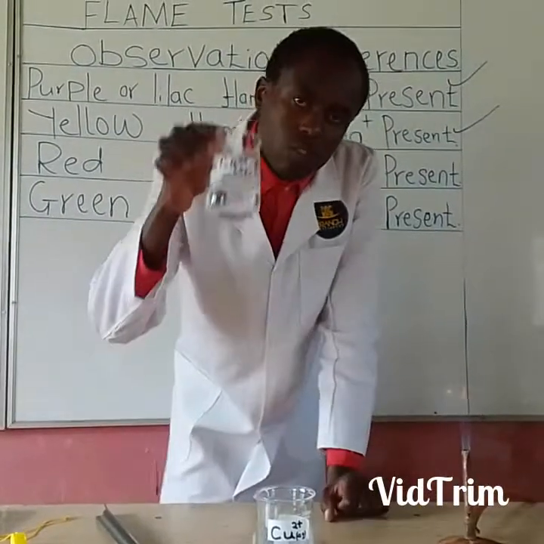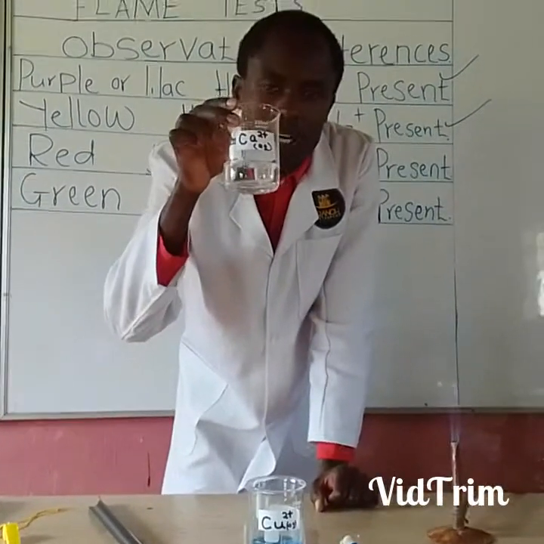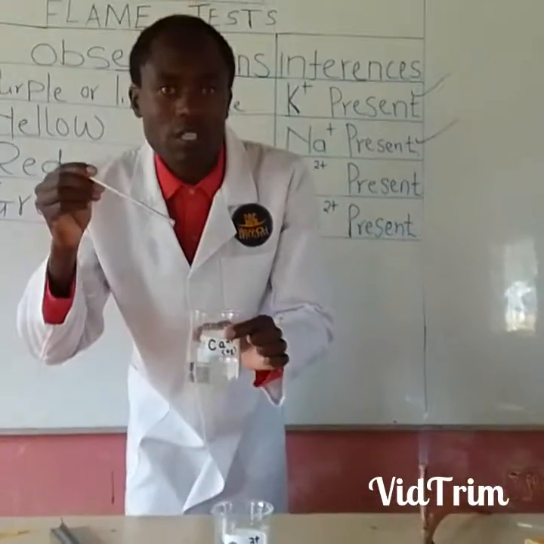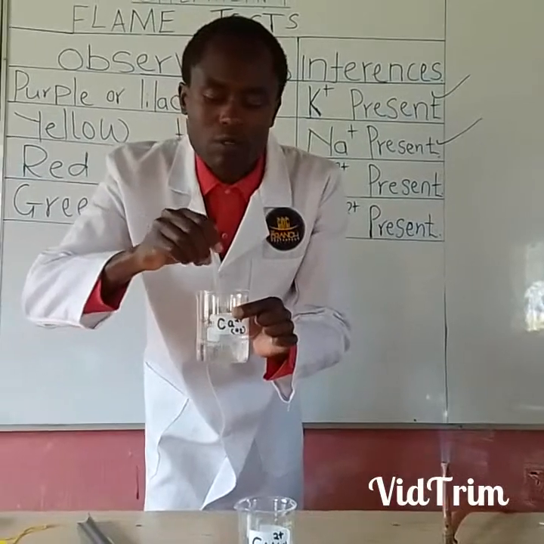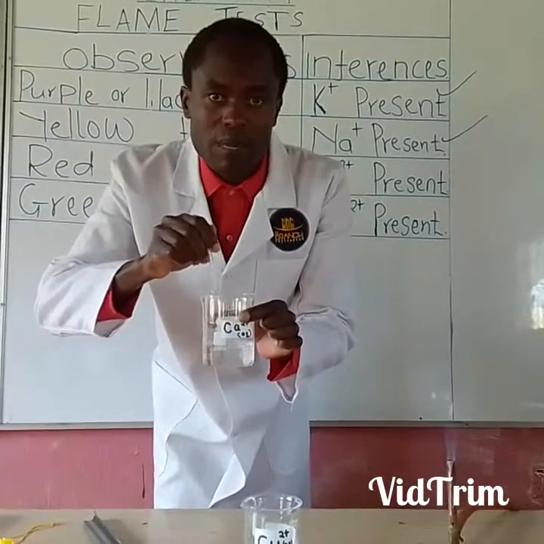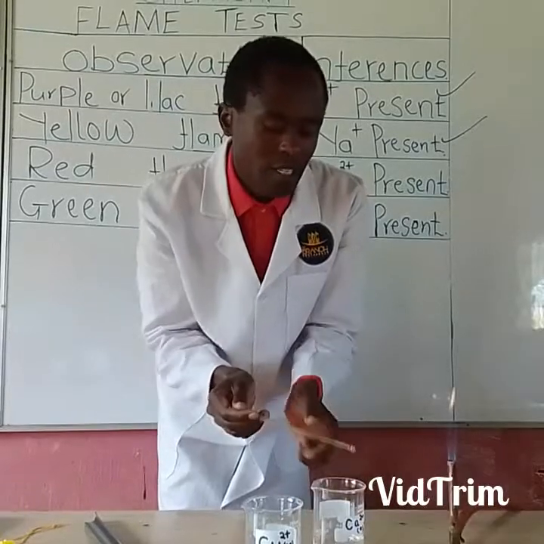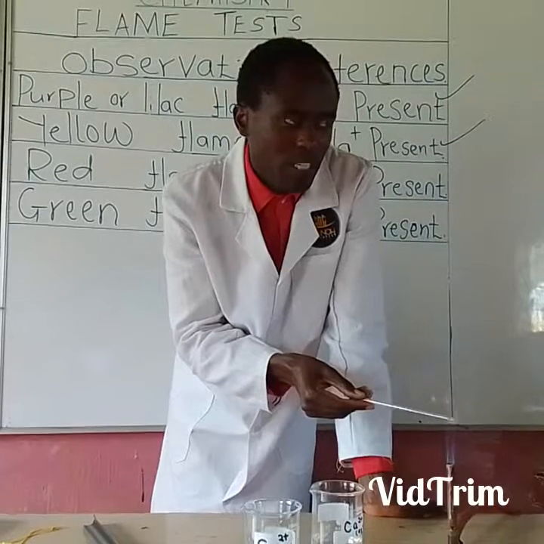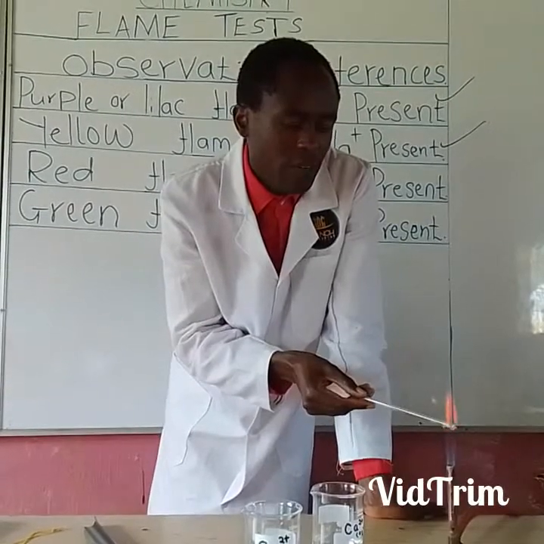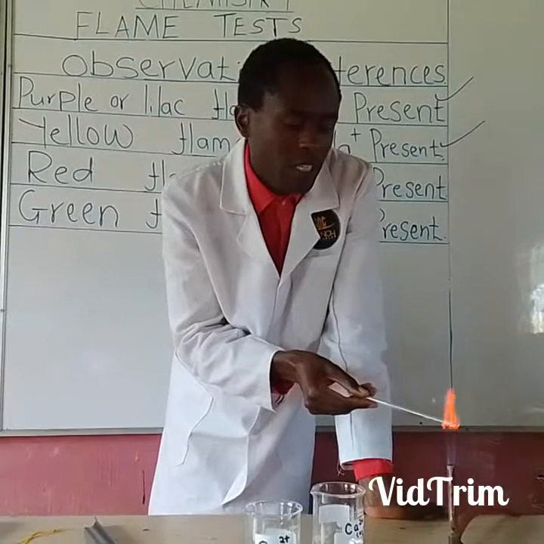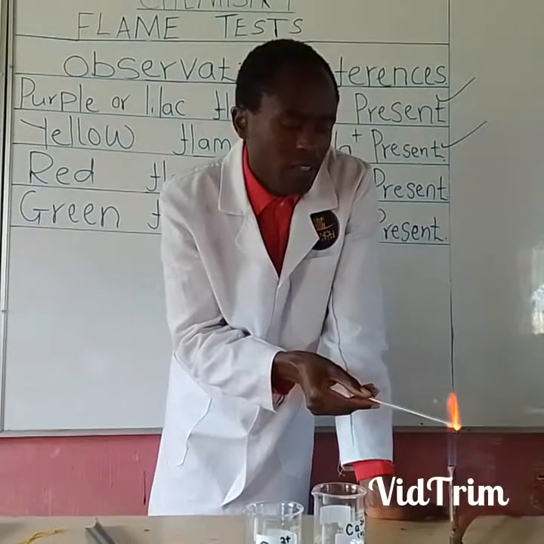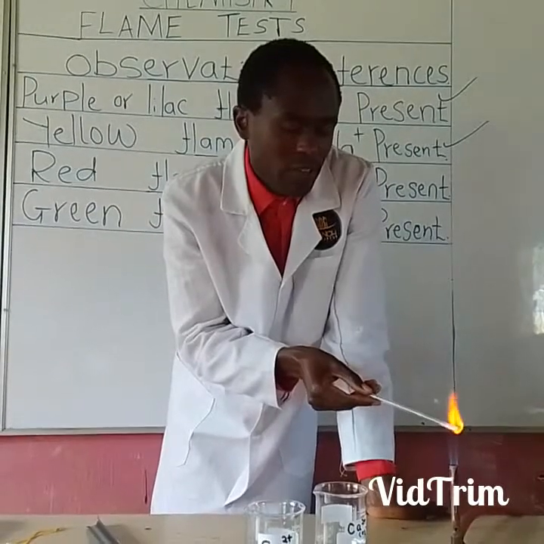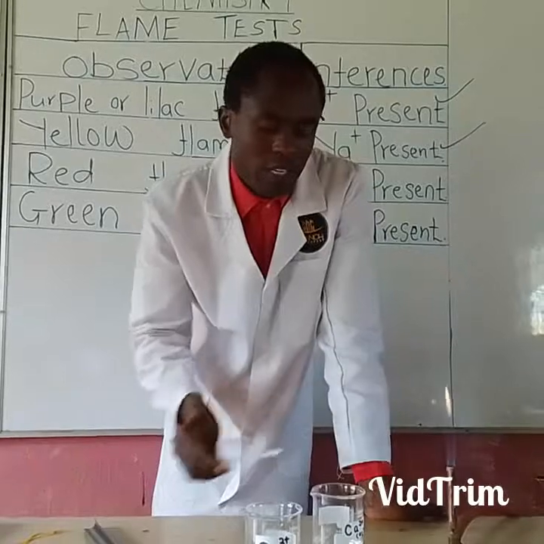This is a solution containing calcium ions. So what I do, I take a glass rod, then I dip into this solution containing calcium ions like this. Then I hit on the Bunsen burner flame like this. So we expect to see a red flame. Are you able to see? The flame is very red. That is a red flame for the presence of